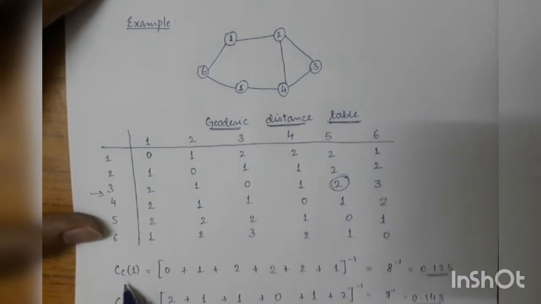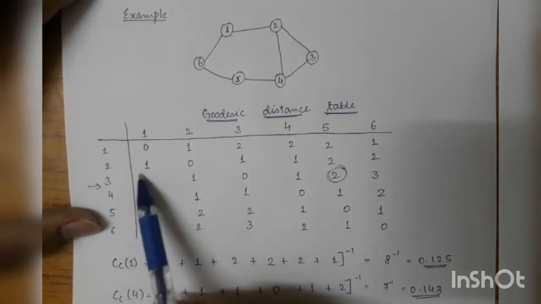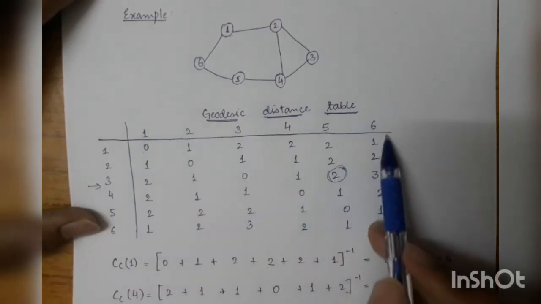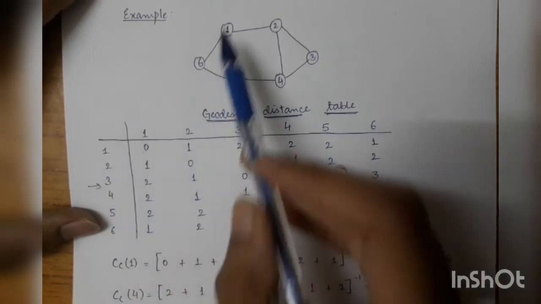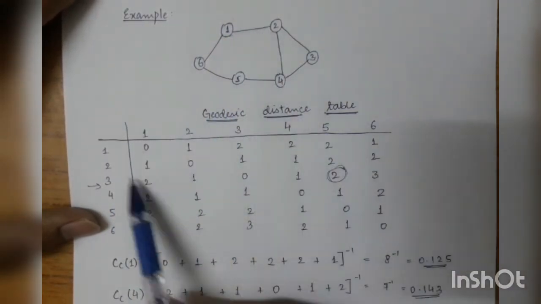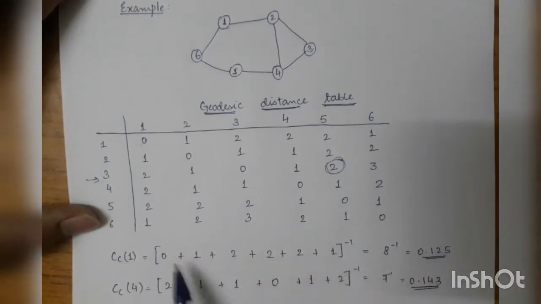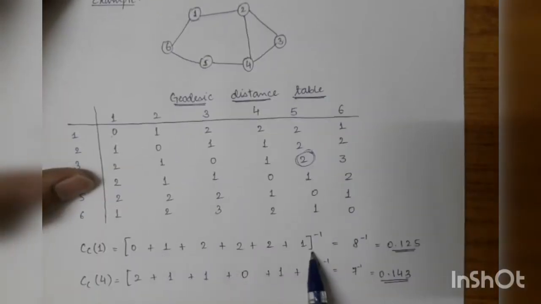Over here, my closeness centrality measure for node 1 will be equal to the inverse of the summation of 0, and so on. This first entire row gives me the distances from 1 to all other nodes, right? 1 to 1 will obviously be 0, then 1 to 2 is this, 1 to 3 is here, and so on. You can see I've just written the summation of all these shortest paths, and an inverse of it. So this is 1 plus 2 plus 2 plus 1, which is 8, inverse, which is 0.125. Similarly, I've also found the same thing for node 4.